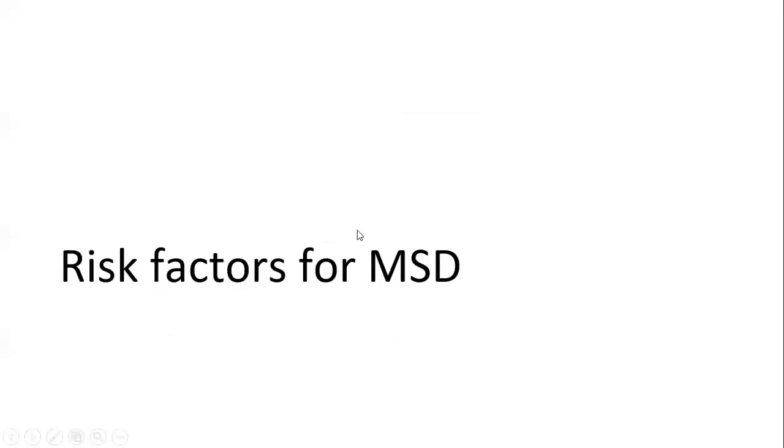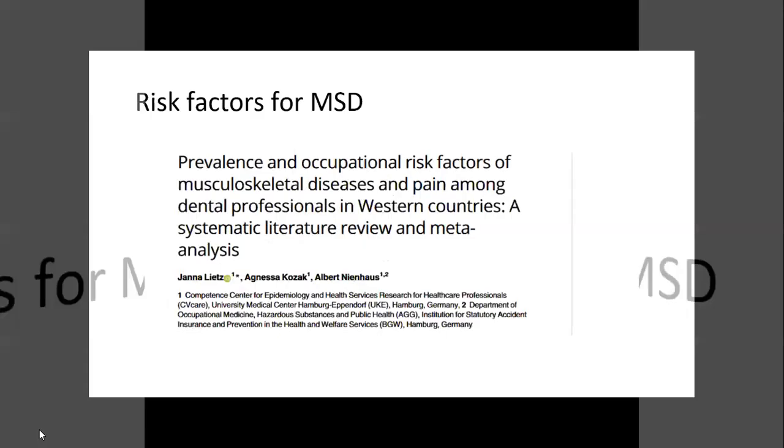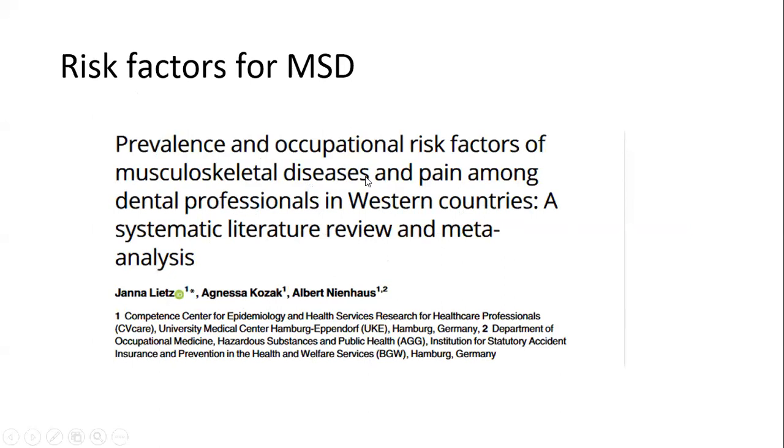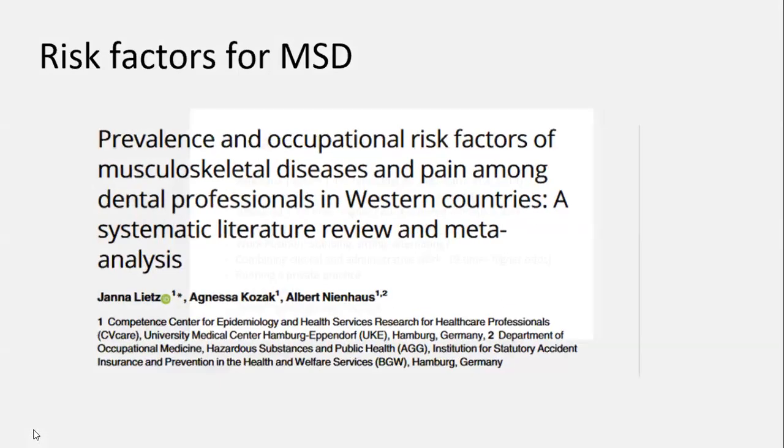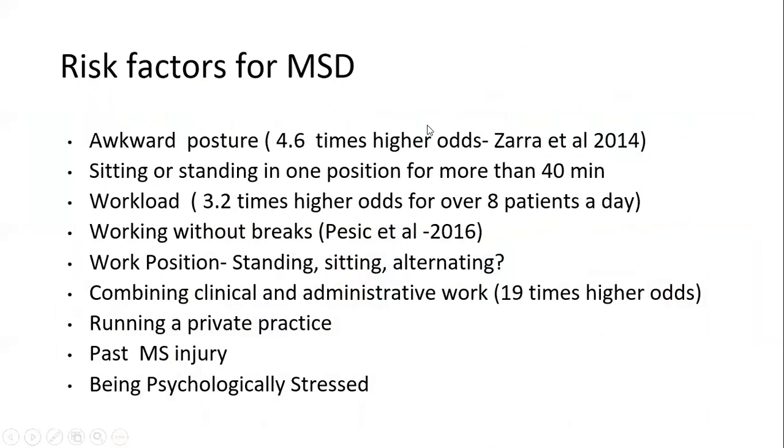I'll go quickly into risk factors for musculoskeletal diseases. Like I already mentioned, for musculoskeletal disease there are quite a number of studies available. It's a fairly mature area, so you can find a lot of literature. I reference this systematic review and meta-analysis by Leeds and others, and in summarizing that paper,